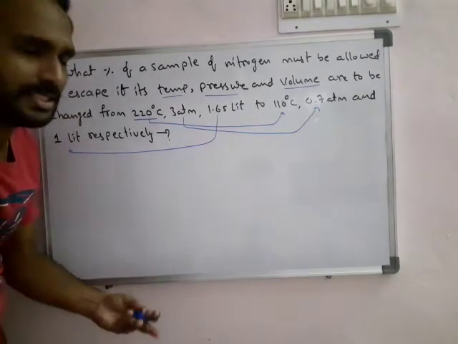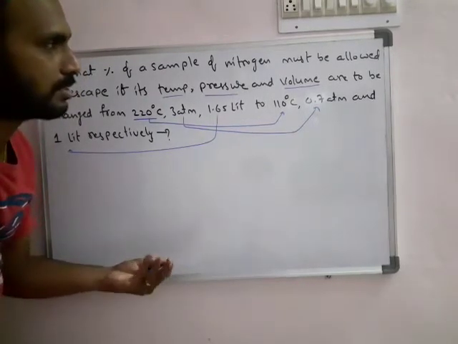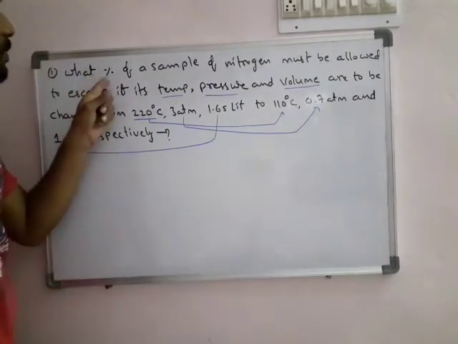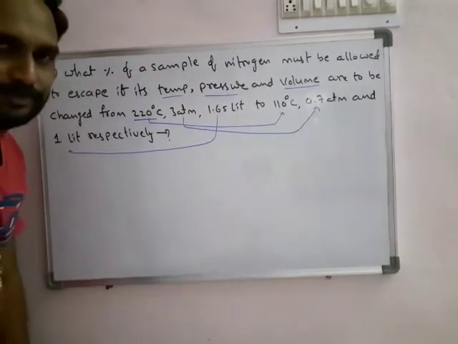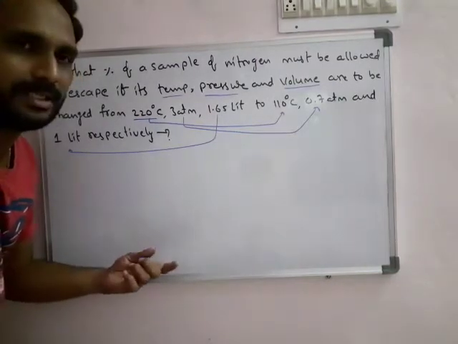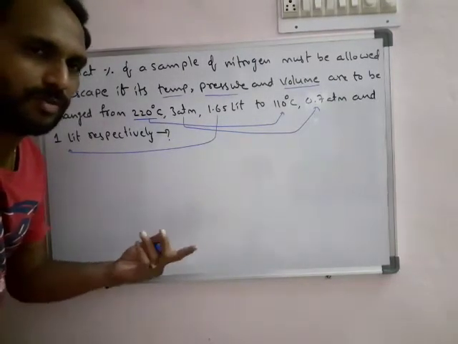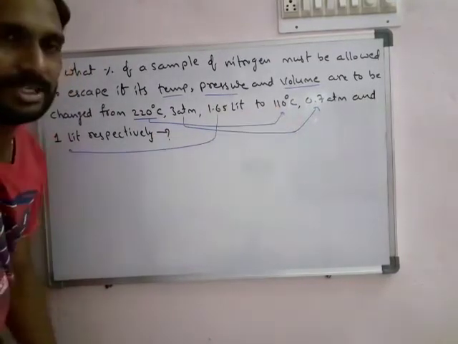Nothing but mass in terms of number of moles. So, by number of moles and mass directly given, what percent of the sample of nitrogen must be allowed to escape? In terms of moles, what must be the difference at these conditions and at these conditions. Okay,